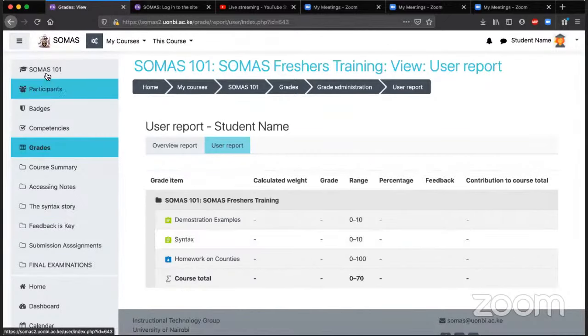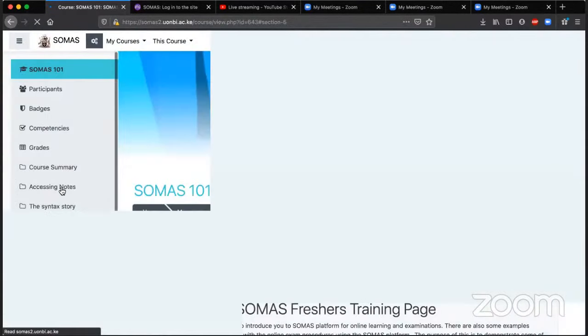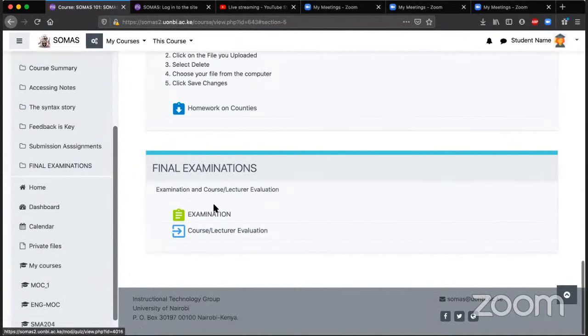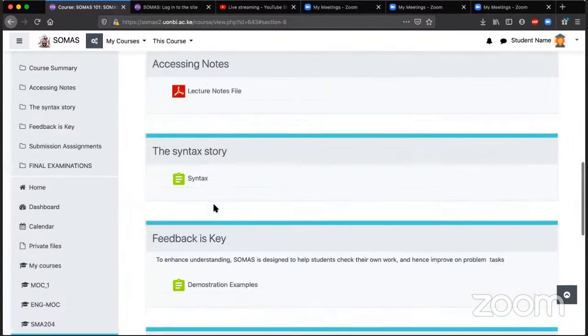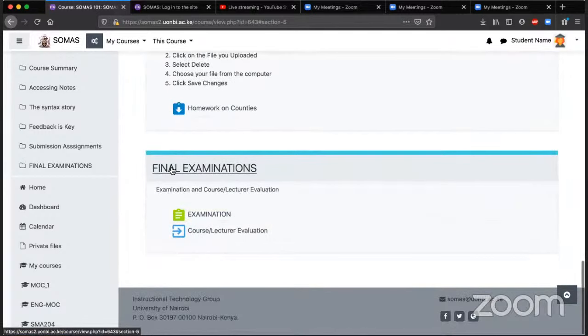The most important thing is that there is this navigation, which you can go up and down. You can always scroll on the page, but you can also click on this left menu and then scroll up and down, you see? This is my whole course page, so it has many things. And the final thing, which is very important most of the time, is that we have